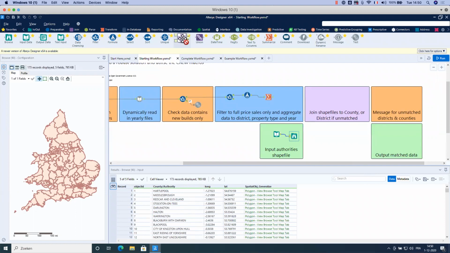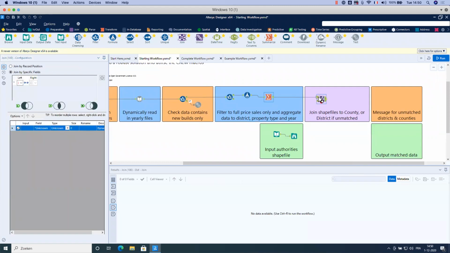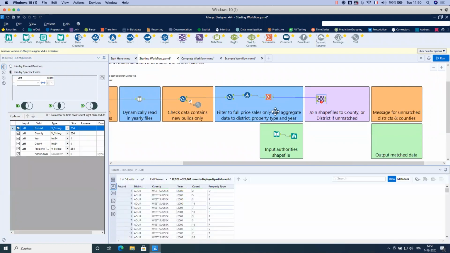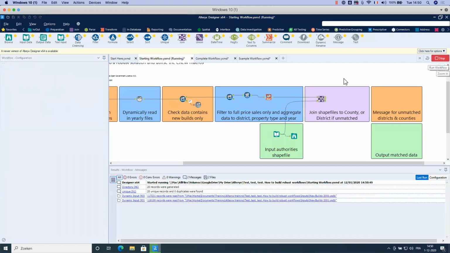So I will use a join tool. So I will connect my first data set to the left and the shapefile to the right. And I will use the county, and from the shapefile, I will use county authority. Okay, I run.